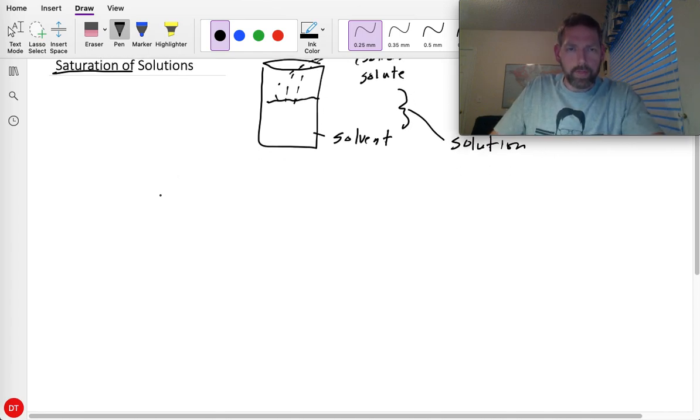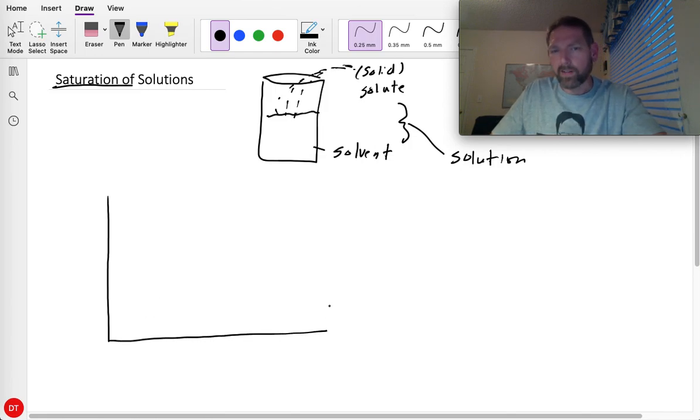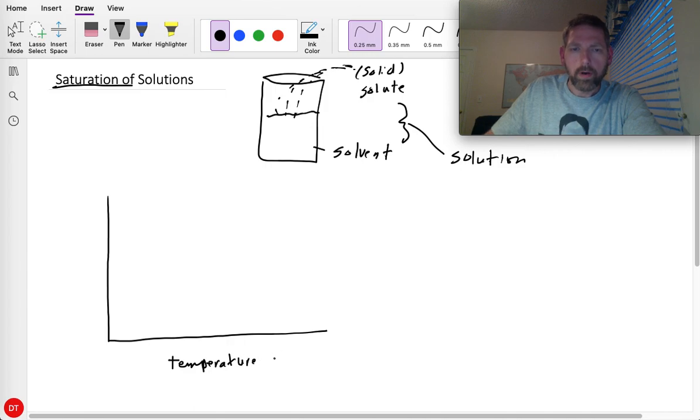So with that, what we want to think about is your favorite thing, which is math. So we need a graph. Okay, we need ourselves a graph, or at least the concept of a graph, right? So when you have a solution, typically you have some sort of change in temperature, and that's usually in degrees Celsius. That's usually the unit, all right, and then you have X amount